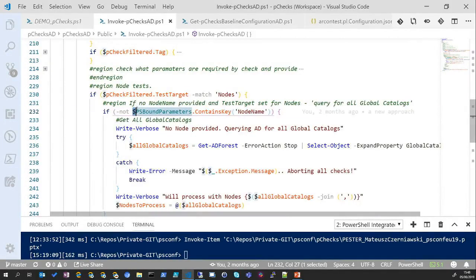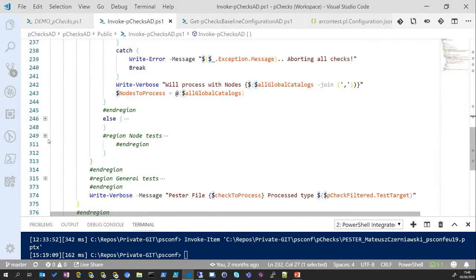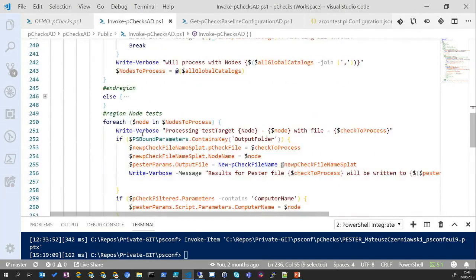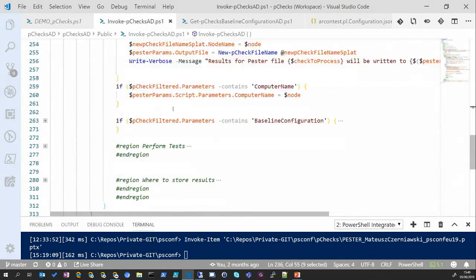If we didn't provide Active Directory nodes, it will query first for Active Directory. This command does not require Active Directory credentials. It's available for any user. That is why we need RSAT on our local station to get the basic information anyway. And then it will write, depending on the parameters, events to